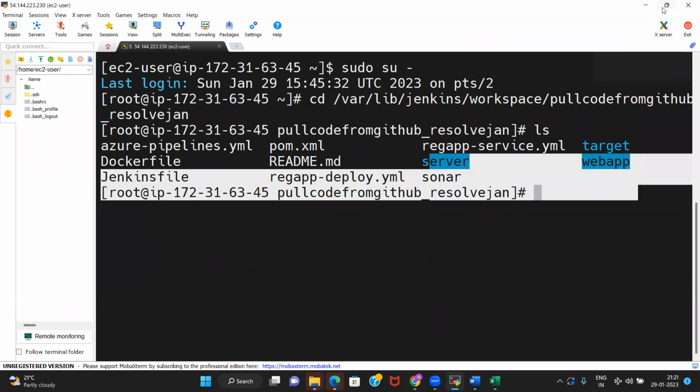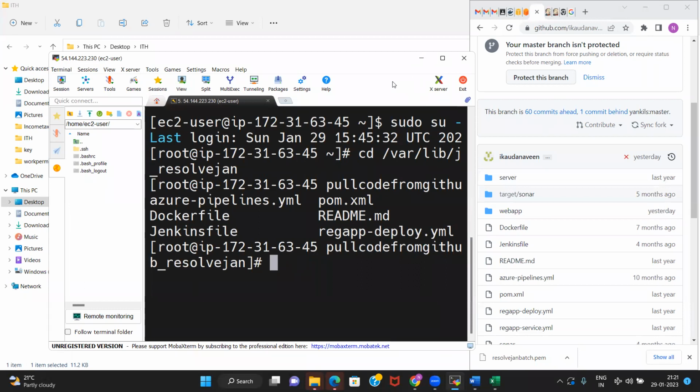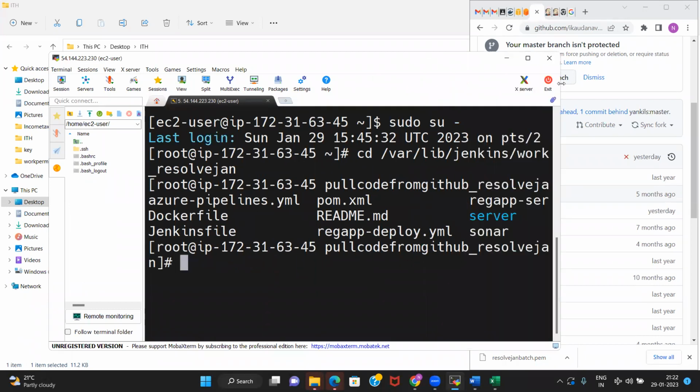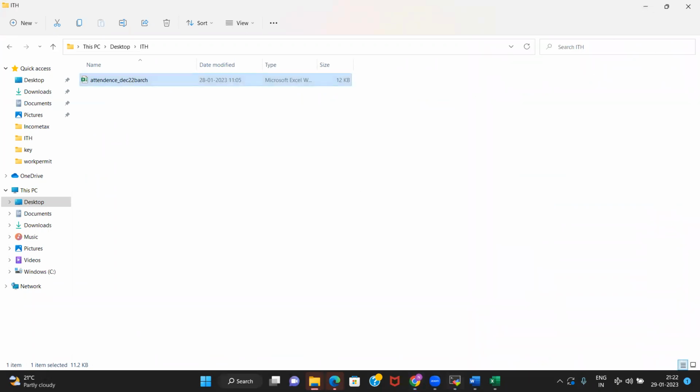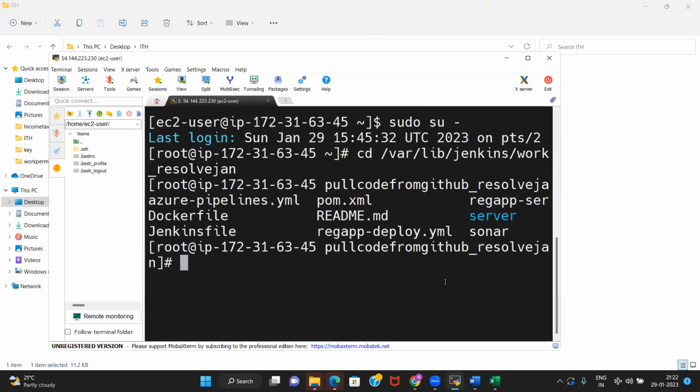So all the different files and folders got copied, and that thing is called cloning. That got cloned from the GitHub repository to this server, okay? So now you have this code available on the Git server to be built, okay?